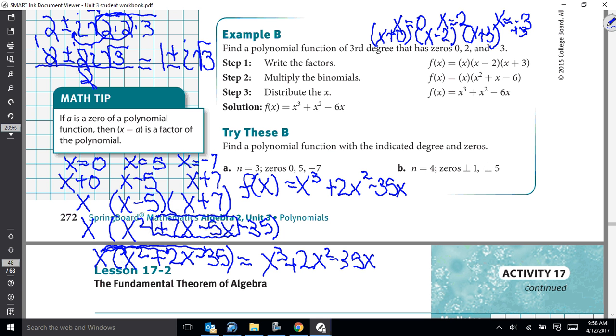All right, so this next one, we have n equals 4. So that means that our highest degree is 4. But I only have 1 and 5. So how do I get my 4 roots from that? All right, so this means that we have x equals -1, x equals